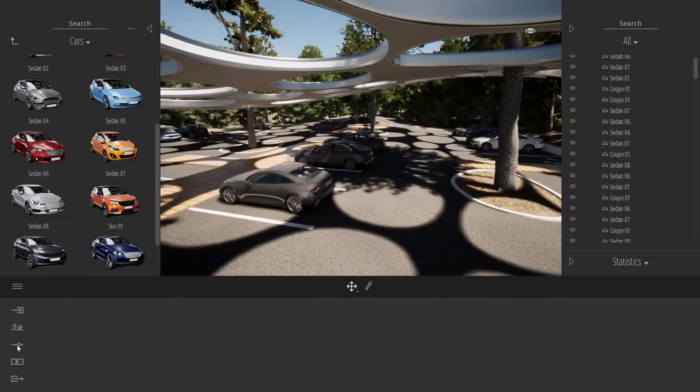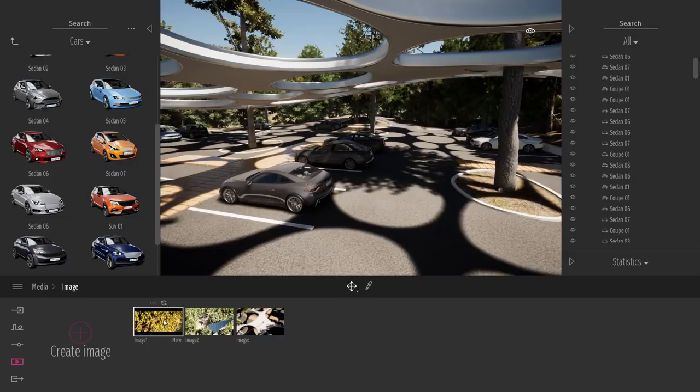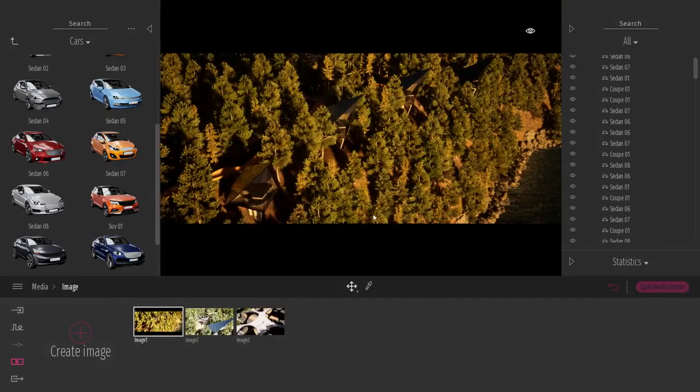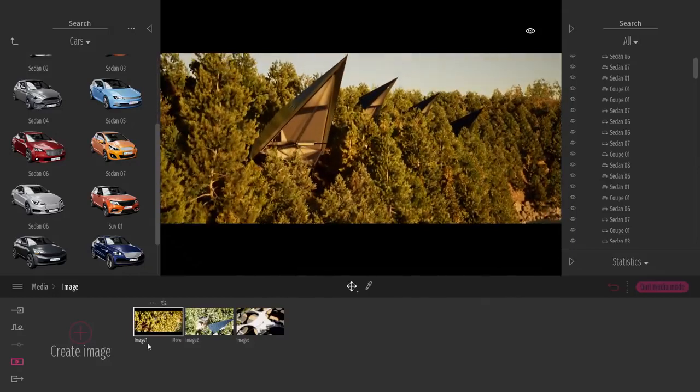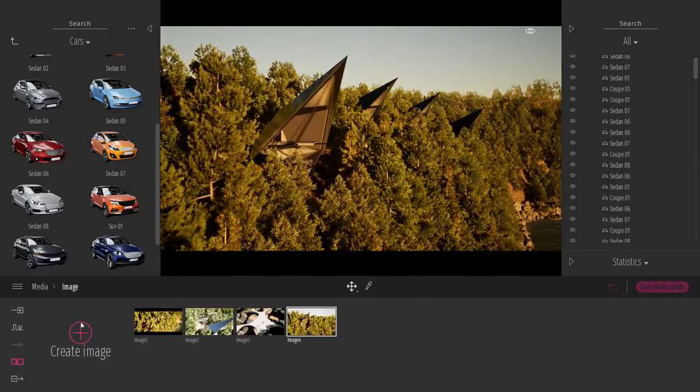So back to my images. Twinmotion was really designed to be used as a quick prototyping tool. So what I would like to do here is create a new point of view. I will actually create three times the same point of view, and I want to create three totally different ambiances. First one will be this nice sunset.